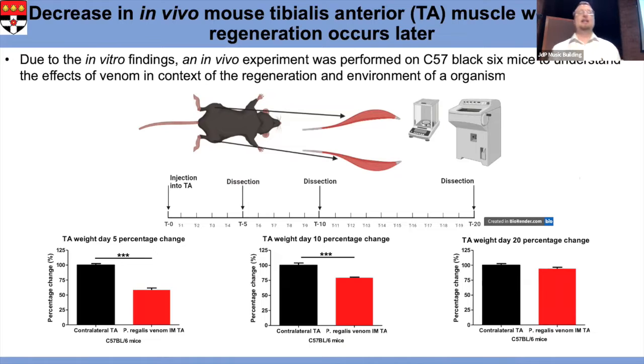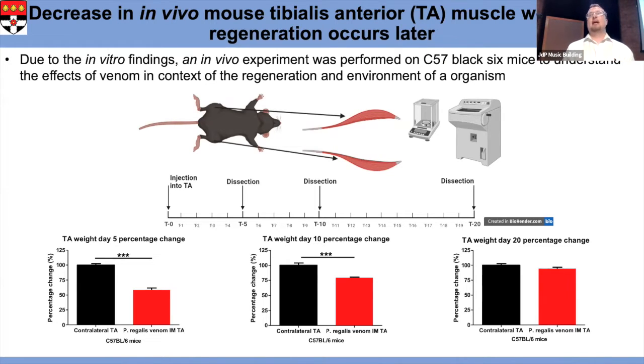Following these findings, in vivo experiments were performed using C57 Black 6 mice, which are genetically normal, to understand the effects of the venom in the context of regeneration and the systems present in an organism, such as the immune system and regeneration. To do this,